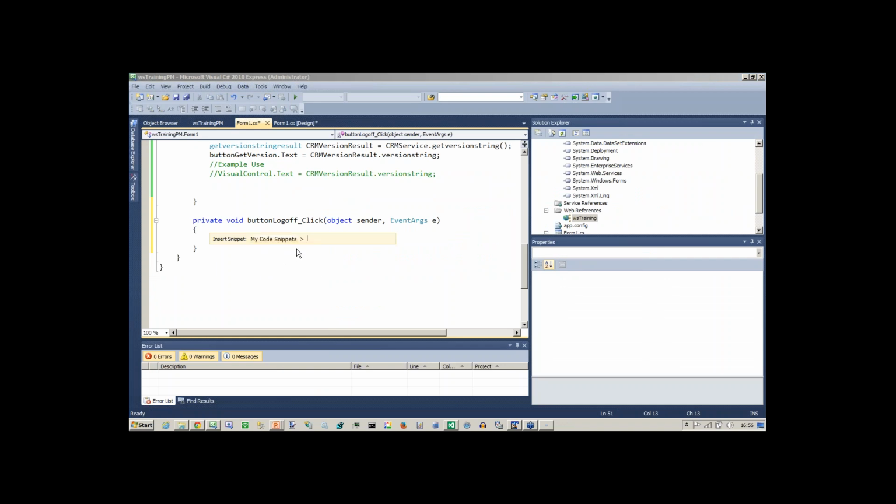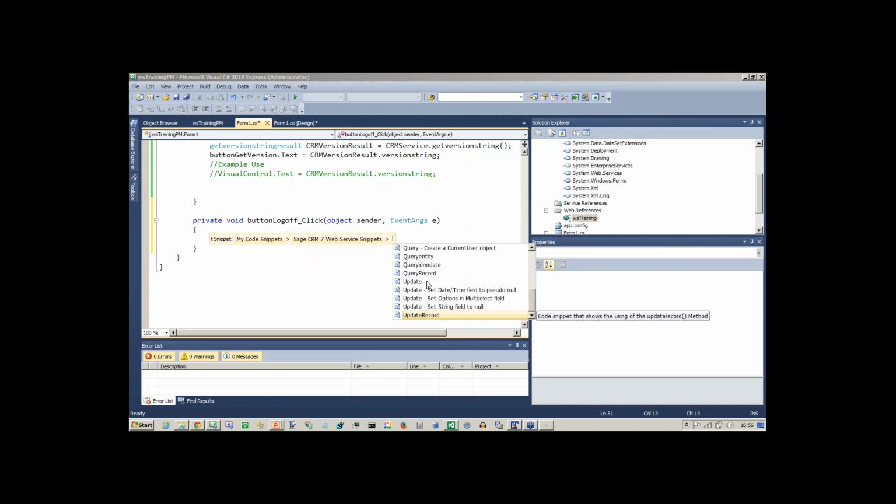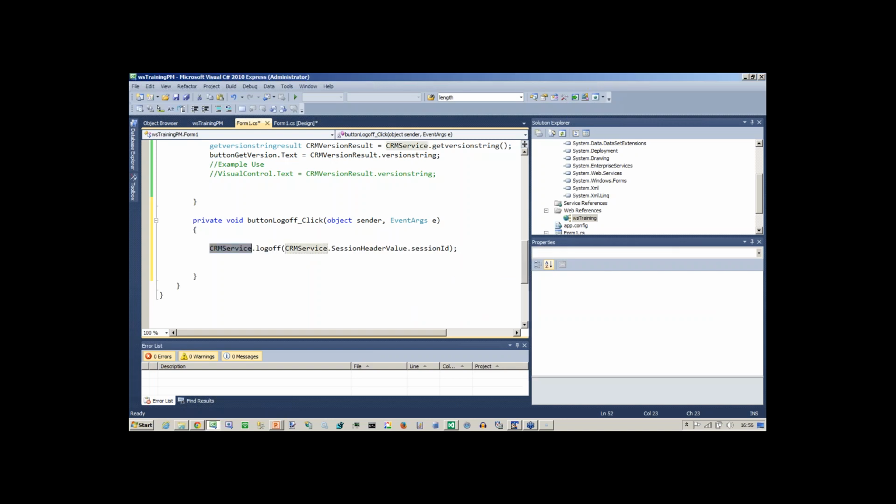So my code snippets for web services, I can now log off, and you can see that this is very simple, because what it does is it takes the session value, passes it into the log off method, and this now will have built for me